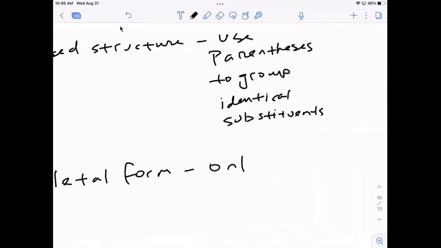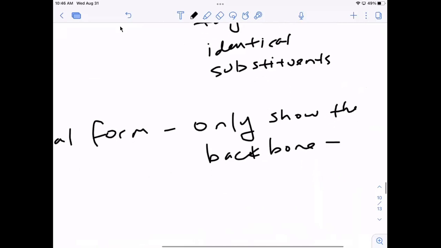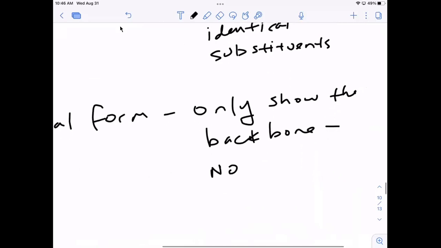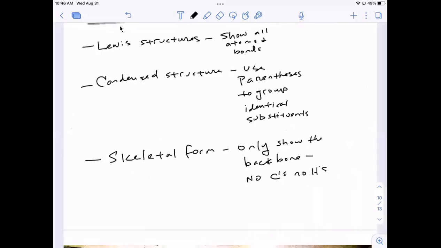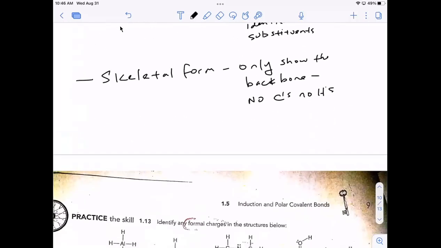And the easiest, simplest way I can define this is that you only show the backbone. No carbons, no hydrogens, right? You don't show them. They're understood to be there. So in the example,